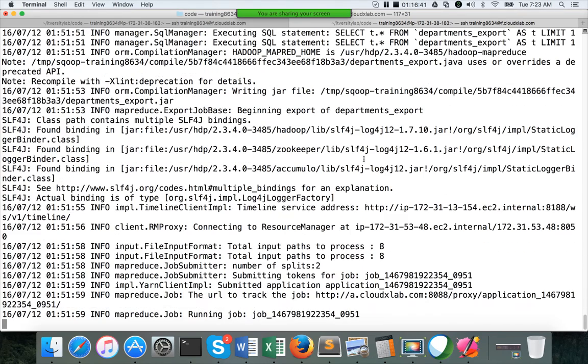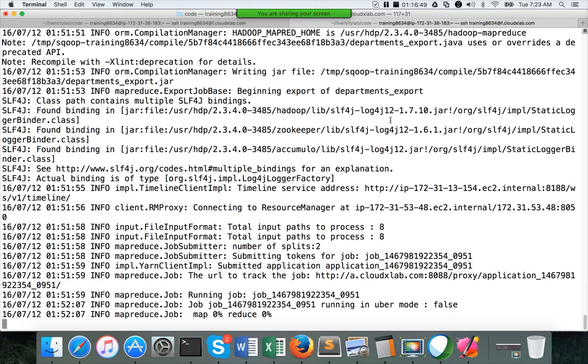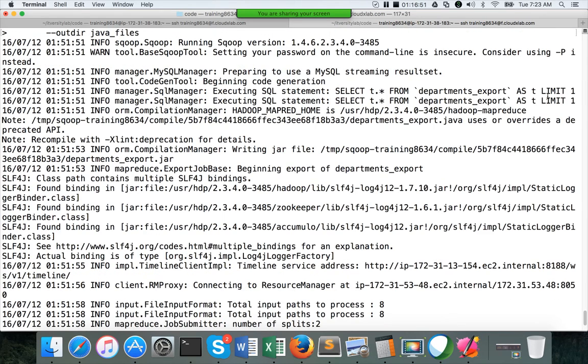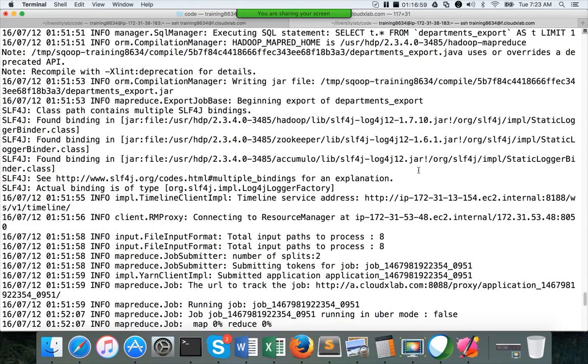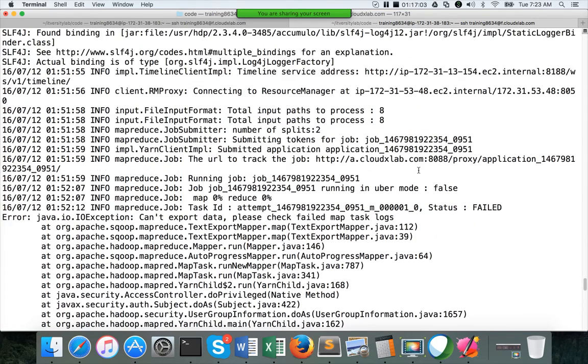So now you can see that it is not issuing a query such as boundary query. Okay, it is issuing this query with limit to get the structure of the table in the underlying target database to create that Java file, but it is not issuing the boundary query, because boundary query is not relevant for sqoop export.